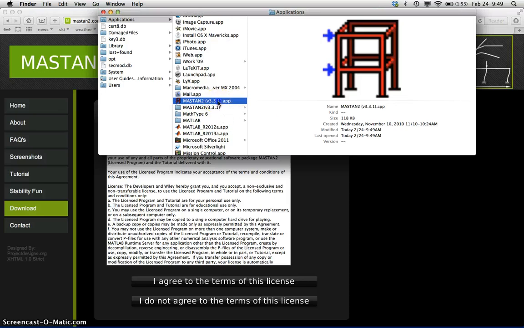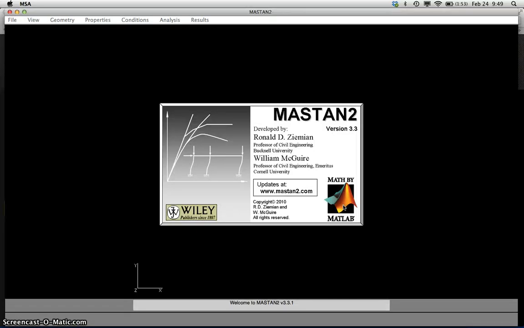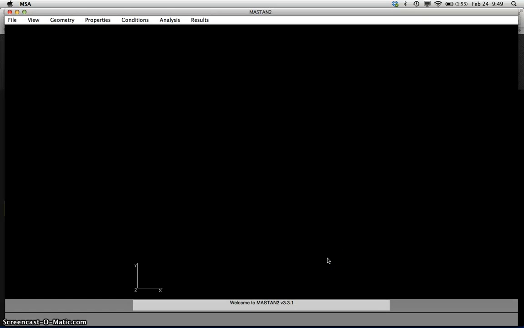So if I double click on this app, and I'm a little bit patient, the Mastan software will open. Okay, very well. The next thing you need to do is to download and open the file that accompanies homework number 5. So I'm going to return to a web browser